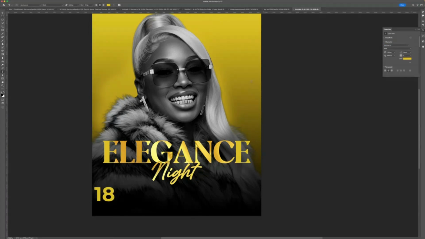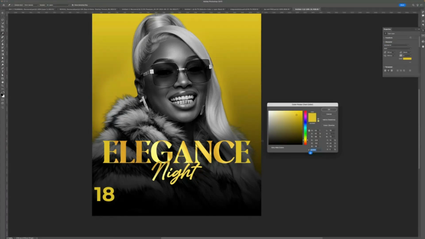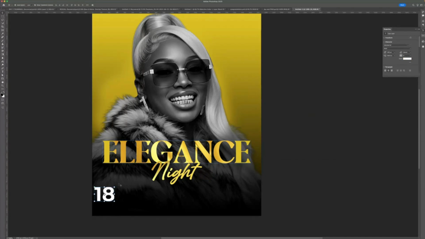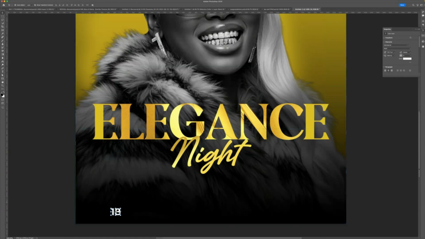And then I'm going to change it to white. When you want to put something like plus 18, you know you need to make it bigger, but again you need to put it in right. If you notice, most communication that has to do with adult content